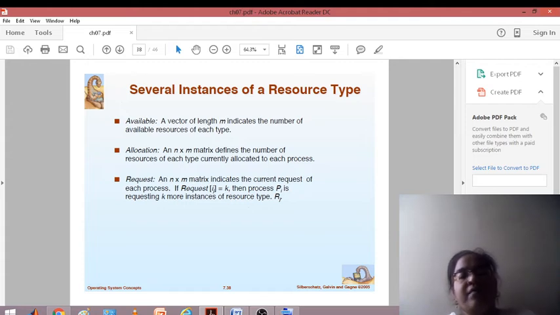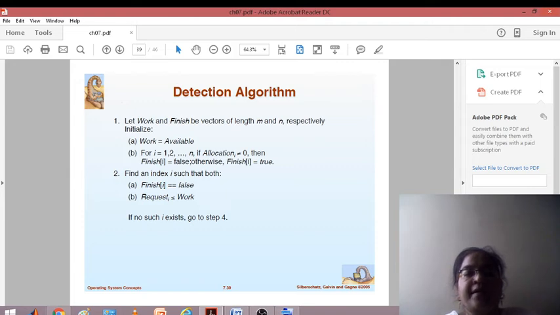If request of i j is equal to k, then process Pi is requesting k more instances of resource type Rj. Now we have a detection algorithm like this. Let work and finish be vectors of length m and n respectively. Initialize work equal to available, so whatever available resources the operating system has is assigned to the work vector.